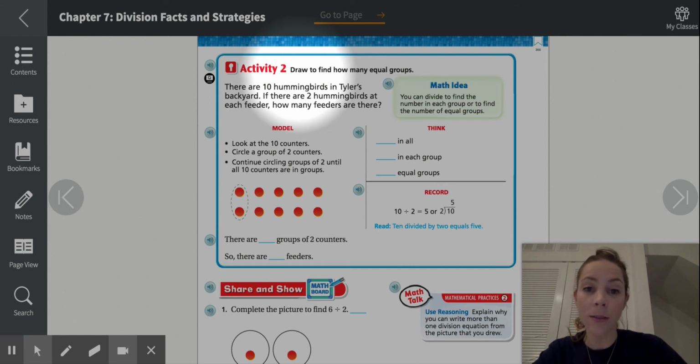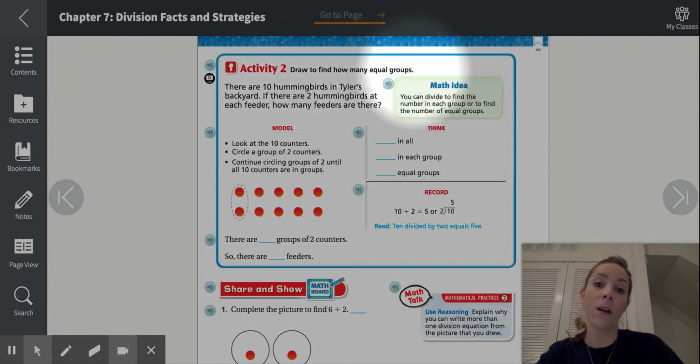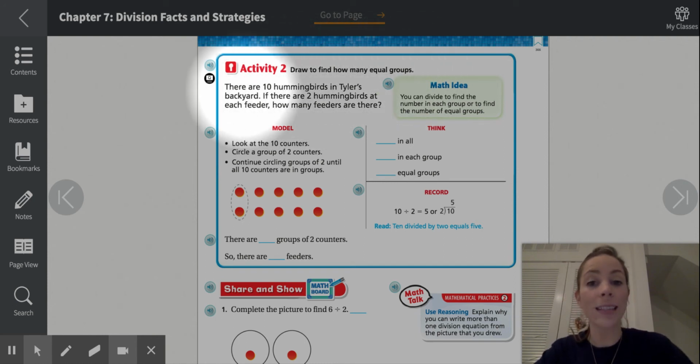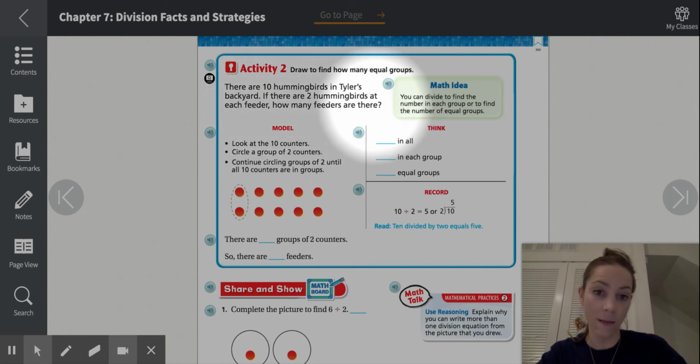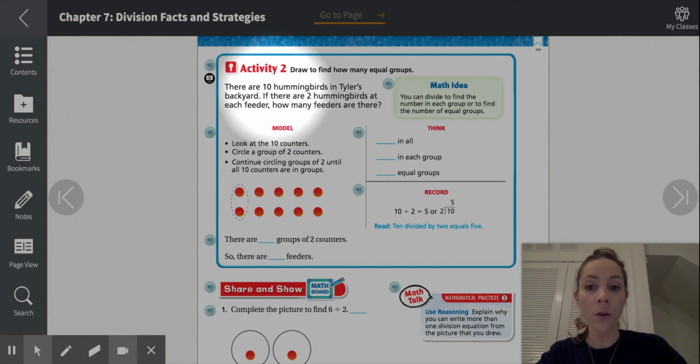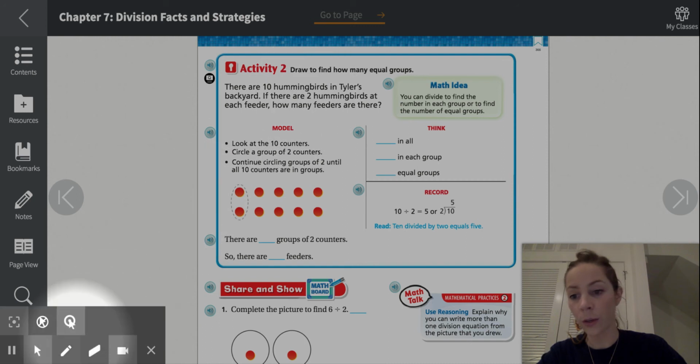So sometimes they tell you how many go into each group, but you have to figure out how many equal groups there are. The problem says there's 10 hummingbirds, same as before, in Tyler's backyard. But this time, if there's 2 hummingbirds at each feeder, how many feeders are there? Since we know the total again, we're going to do division. But this time the 2 is actually